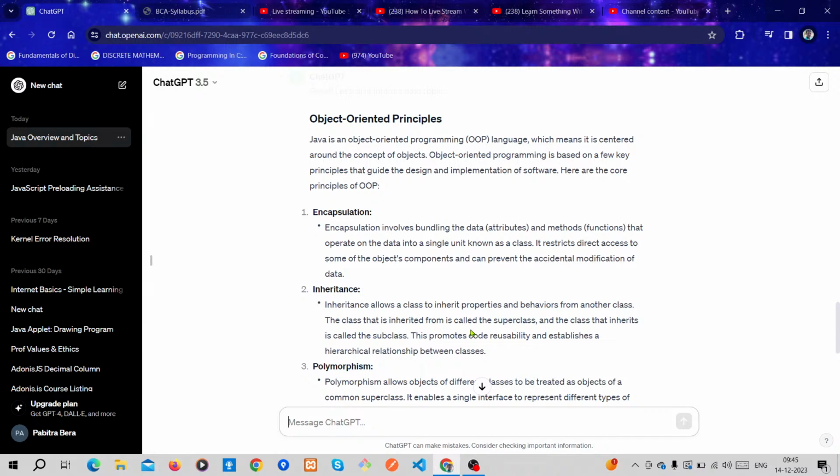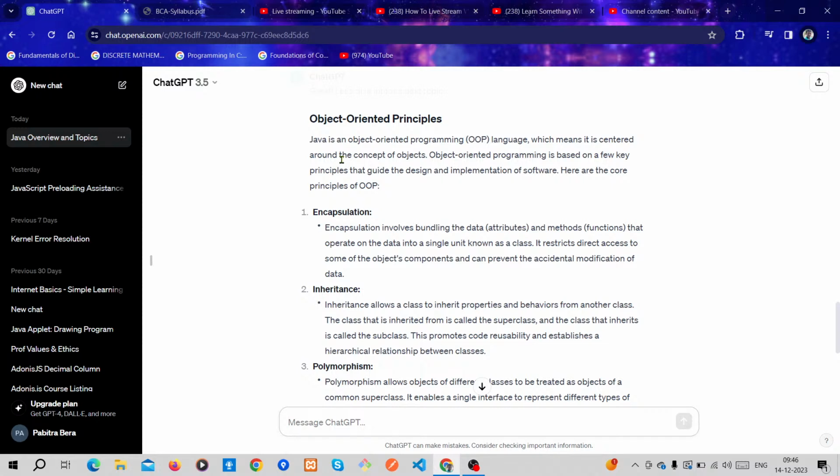Object oriented principles. It is not object oriented programming, it is object oriented programming's principles. Java is an object oriented programming language, OOPS in short form, which we hear everywhere.